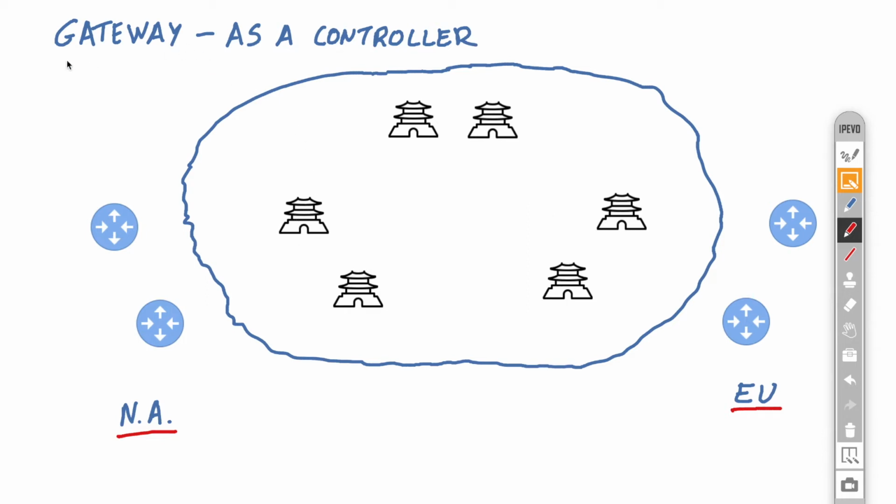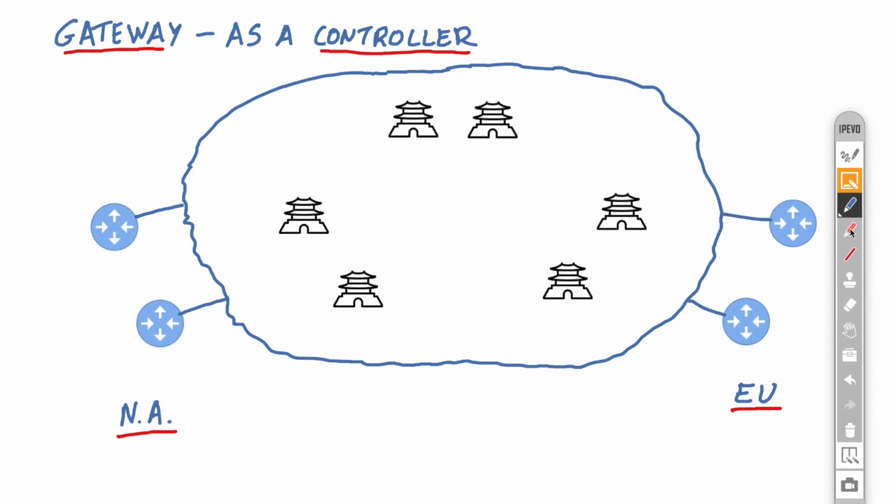So in this example here, I'm going to show you how those two edges in North America and those two edges in Europe will use their respective gateways to learn about each other. Now, it doesn't really matter how they are connected, if with one or multiple circuits. I'm just going to draw one for the sake of simplicity. But the idea is